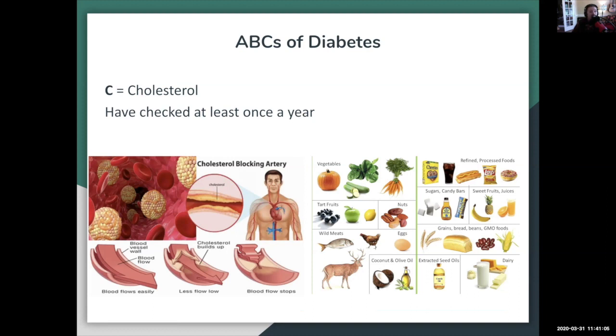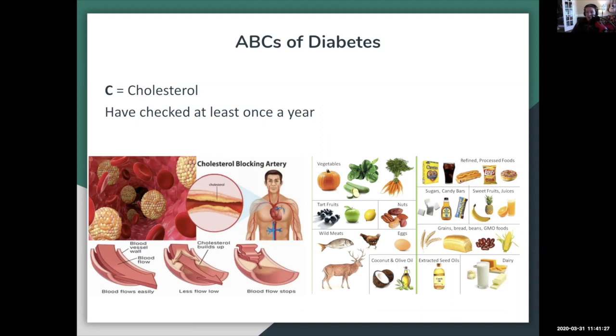Butter is solid at room temperature. Things like olive oil, avocado oil, these things are better because they are liquid at room temperature. So think, if it's hard at room temperature, it's going to end up being hard in my arteries. It's no good. All right, so things to avoid: anything that comes in a box or a bag or has